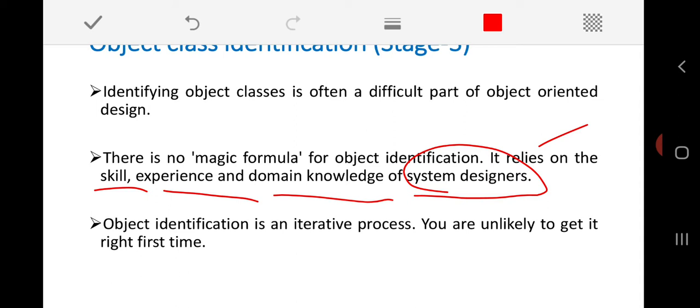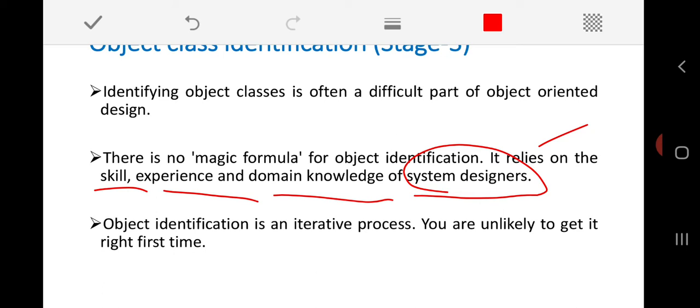His previous experience, how skilled the person is, especially with respect to that particular object oriented domain. That person will be held responsible for identifying all the necessary principal objects.